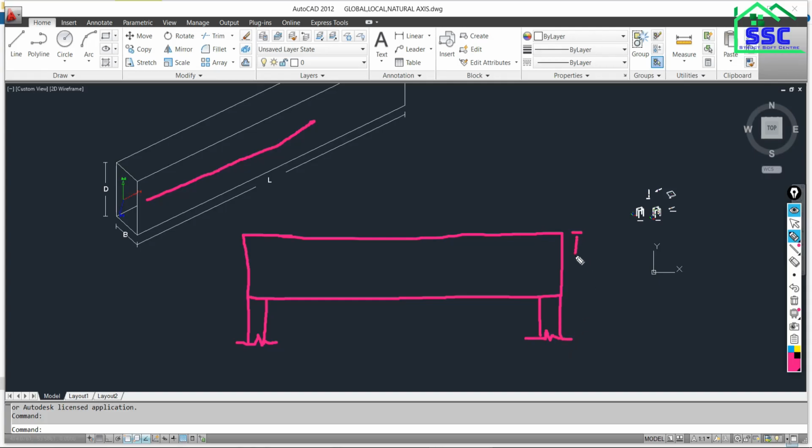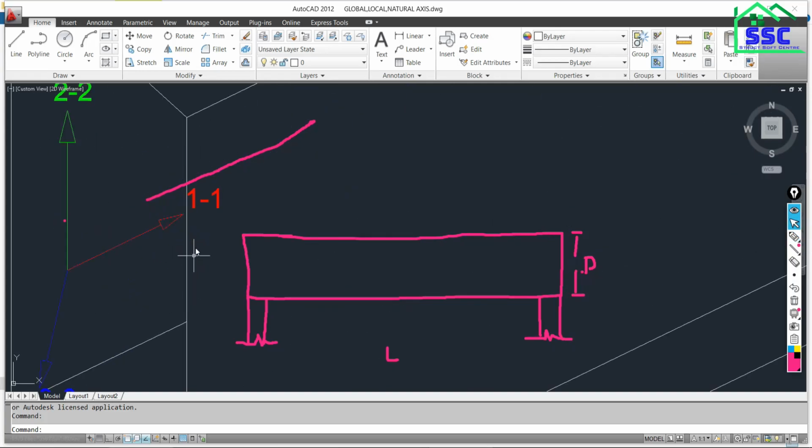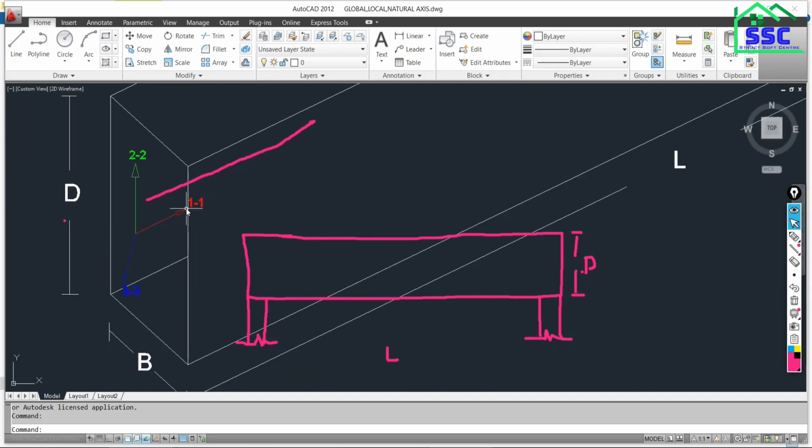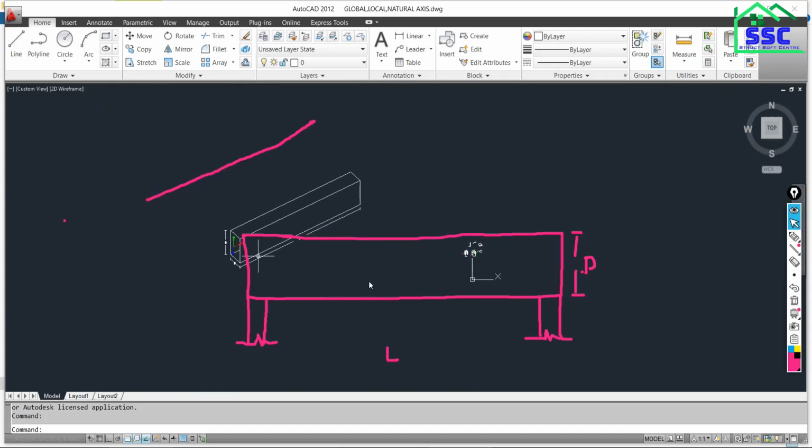This is the depth, and this is the length. If you want to see the axial force in the beam section, you need to look along the longitudinal axis. That is the axis represented by the ETAP software as axis 1, which we have seen, the axial force in the member.